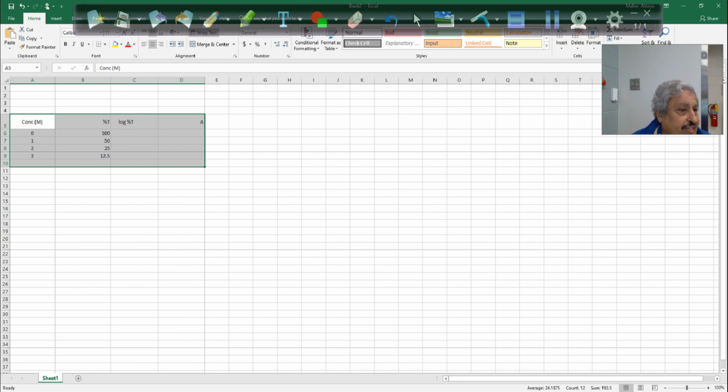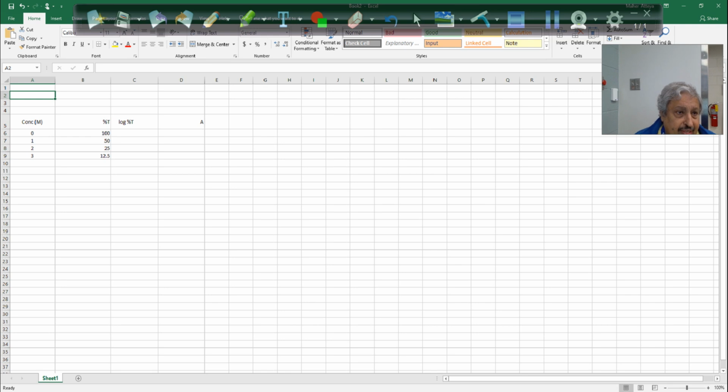And we are graphing the Beer's law relationship. We can type on the top here. It's up to you, you can choose whatever it is, but this is the Beer's law relationship. You can type it here, but I prefer not to type in the columns. Are you following me, guys? I prefer that you go to the